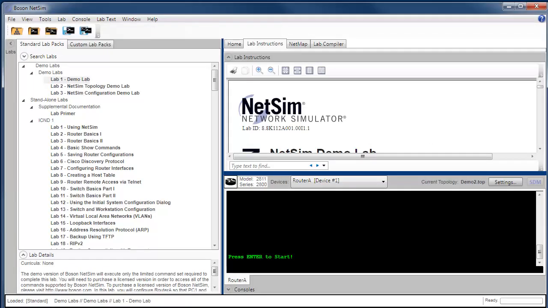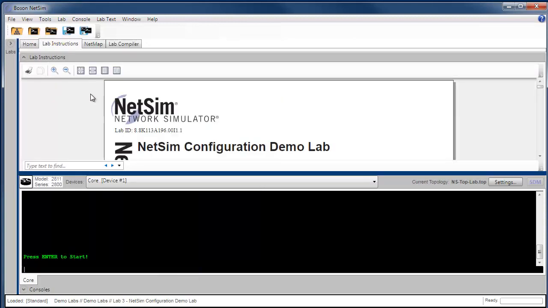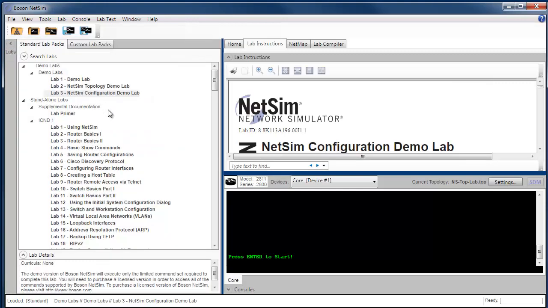Let's begin by looking over in the lab tree and loading the lab. This is Lab 3 NetSim Configuration Demo Lab. So to load it into the simulator, let's give it a double click. And now that it's loaded, let's organize our screen a little bit. Notice that the lab tree, we can put it away, we can expand it and view the labs. Now that we've got the lab loaded, we really don't need it, so we can put it back away